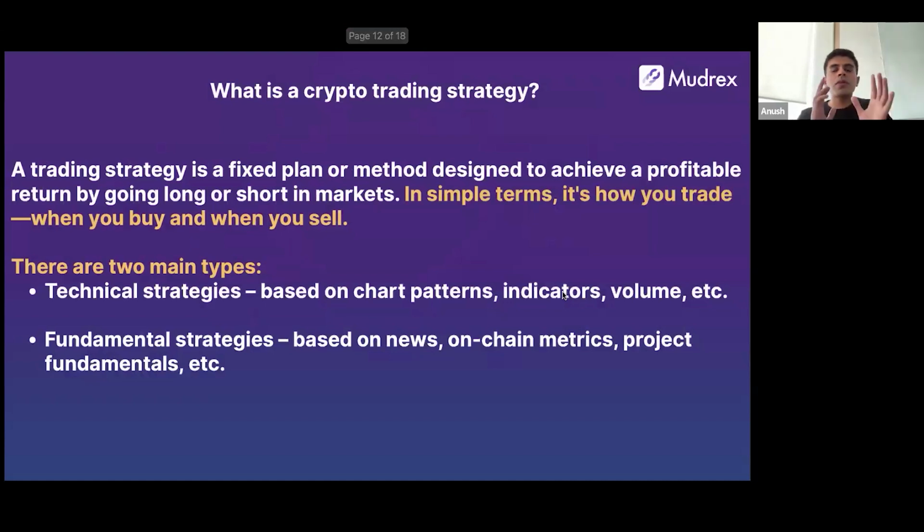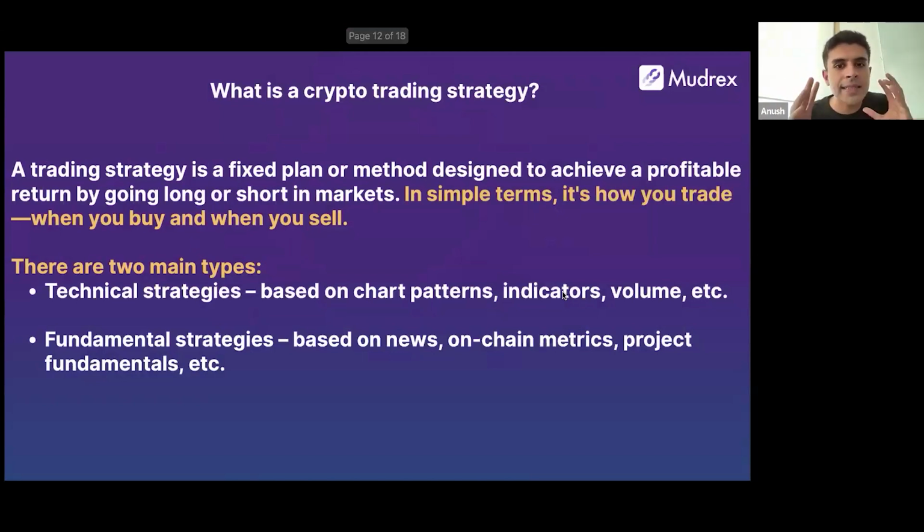All right, now that we've understood the different types of trading, spot, futures, let's talk about something that sits at the very heart of successful trading, okay? And that is your strategy. You need to know how to jump into a market with a plan, okay? If you don't, that is just pure speculation. You're basically just out here gambling if you don't have a plan, all right?